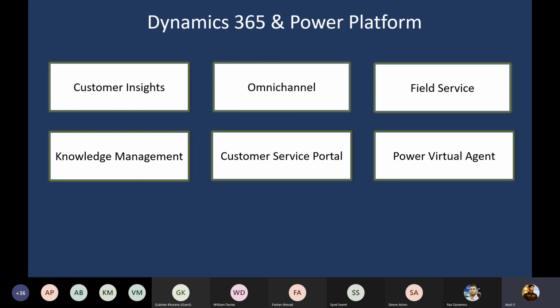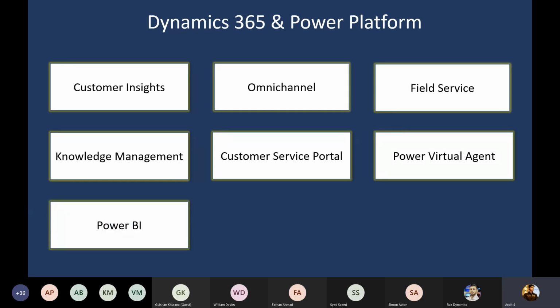So we can use that as a part of self-service in the customer service. Okay. The next is the Power BI. Power BI is actually used to provide the dashboards, the reporting, and the analytics. It enables everyone at every level of your organization to make confident decisions using analytics and to discover insight hidden in your data, right?